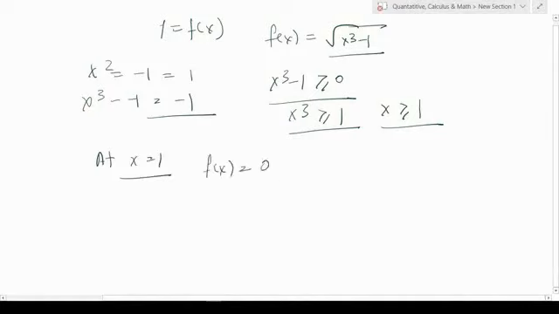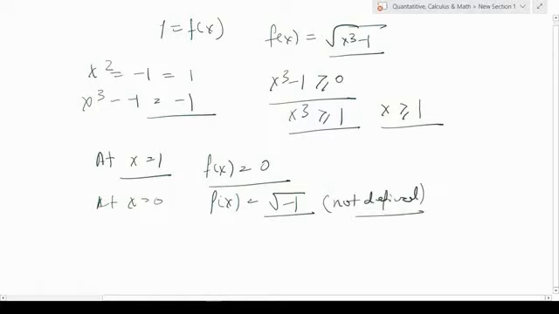at x equal to 1, what happens? If you put x is equal to 1, we know f of x equal to 0. So if x is equal to, let's say, x is equal to 0, at x is equal to 0, we are trying to check f of x is equal to minus 1, which is not defined. So we get a set of domain numbers. So domain here set is nothing from, we have already seen x should be greater or equal to 1. So the domain here is 1 to infinity.